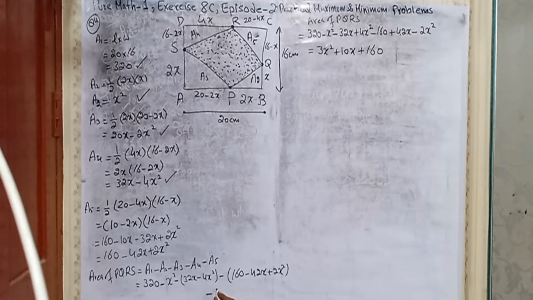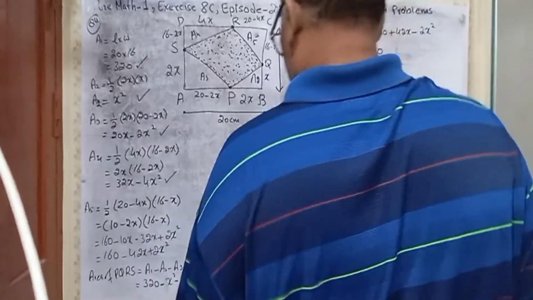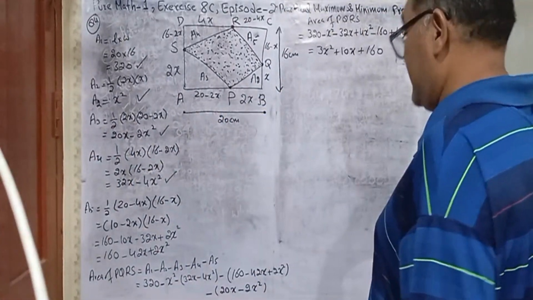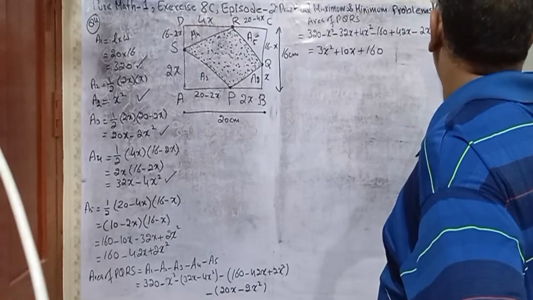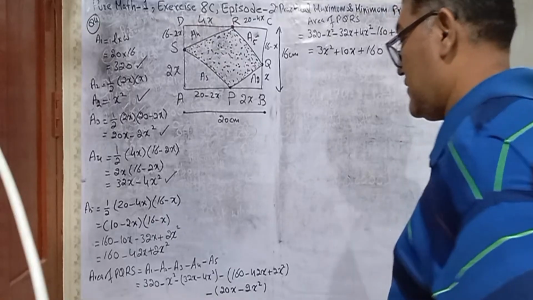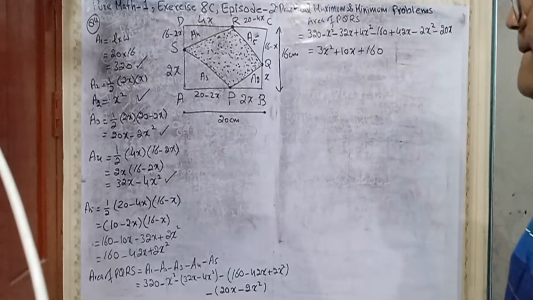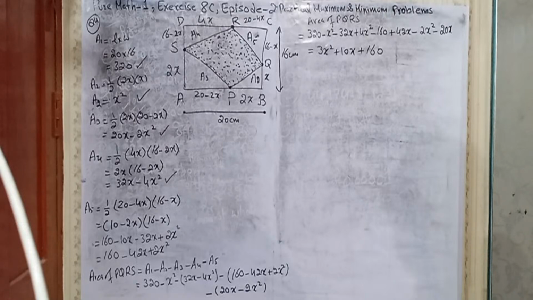So you have to minus 20x minus 2x here. I have not written the area number 3. Now, okay, so here you will have minus 20x, and plus